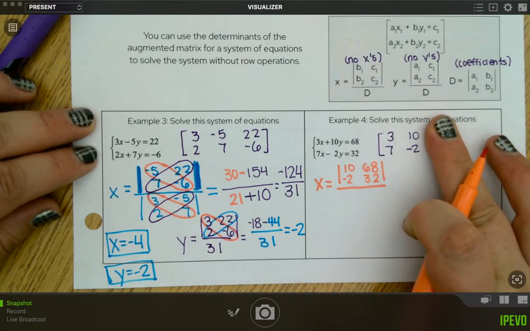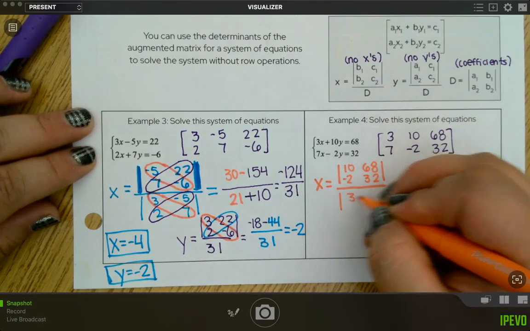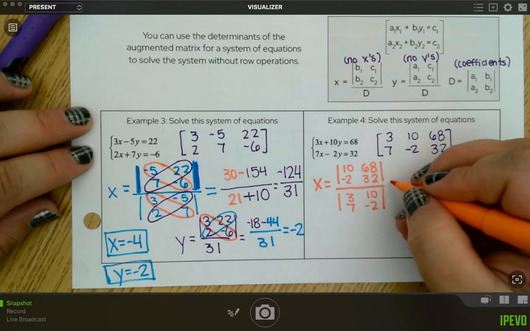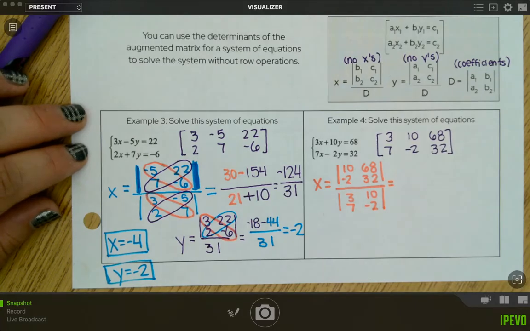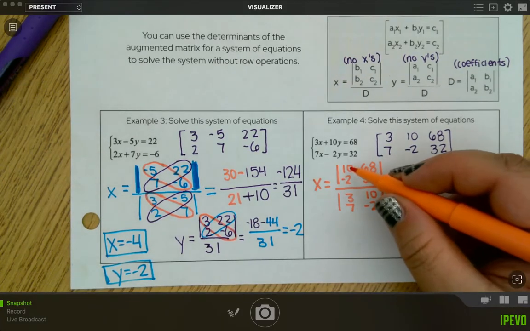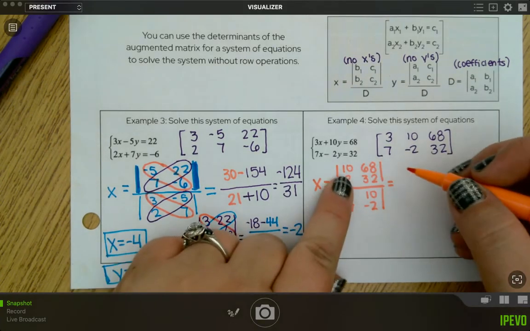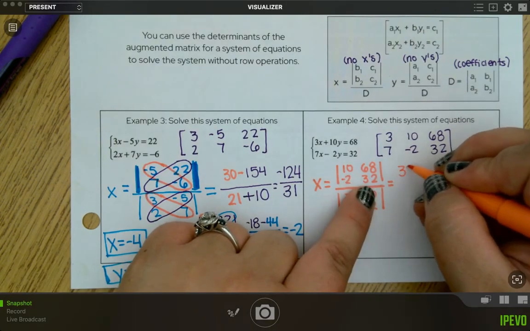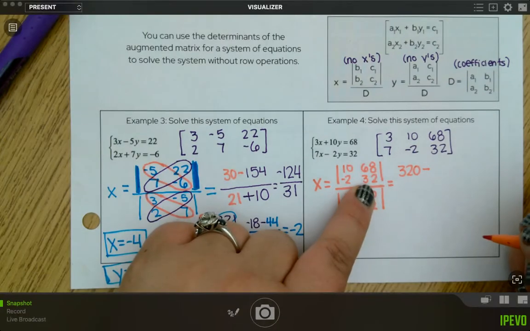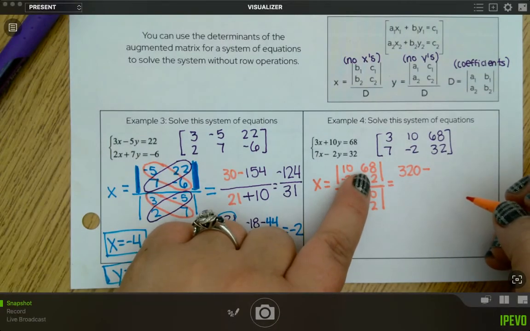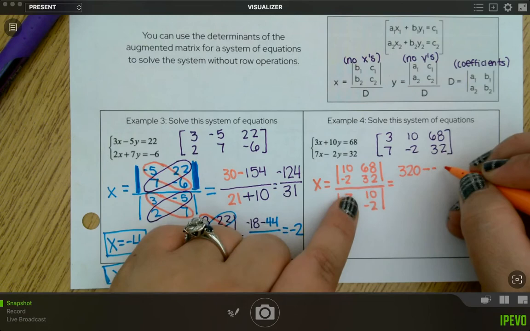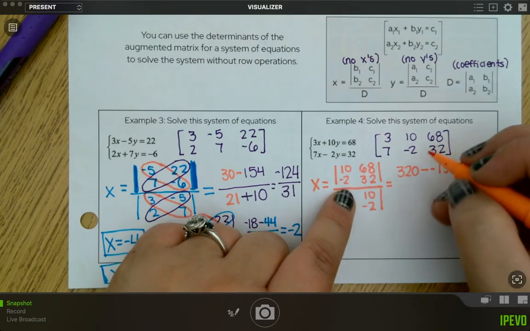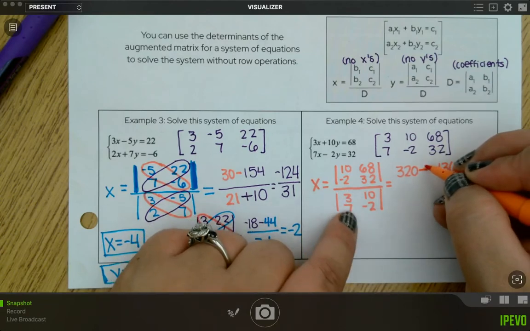So 3, 10, 7, negative 2. Okay, and then on the top, we're going to do the first diagonal. So 10 times 32 is 320, minus negative 2 times 68 is negative 136. And since that's a double negative, that turns into addition,